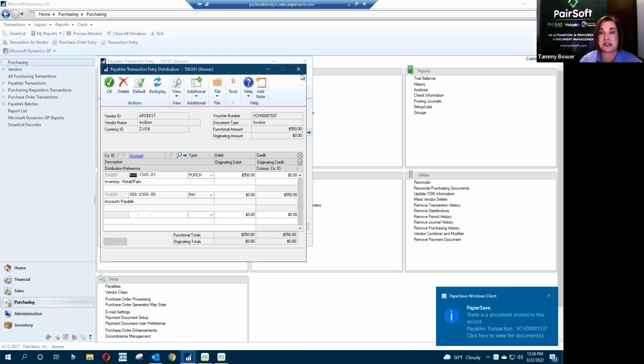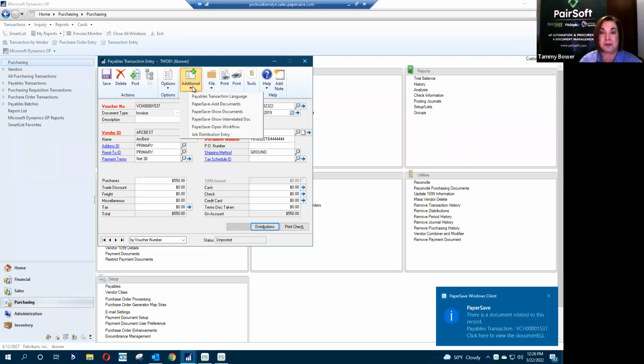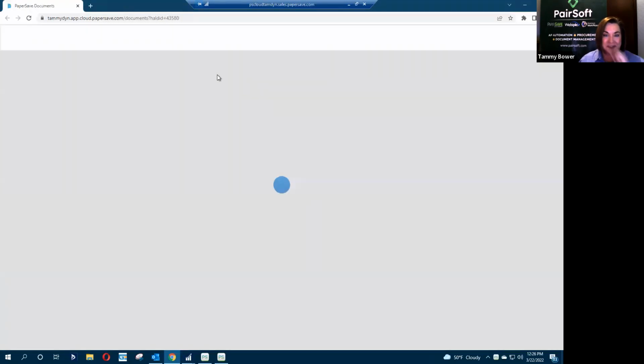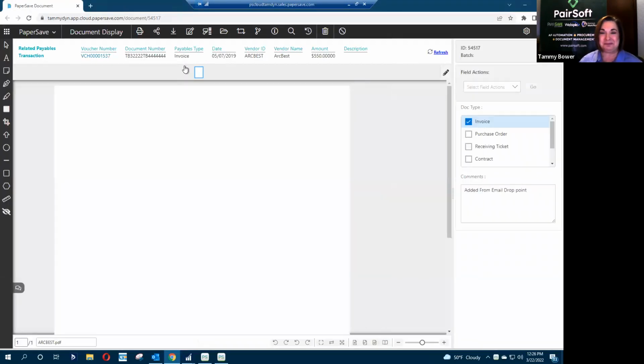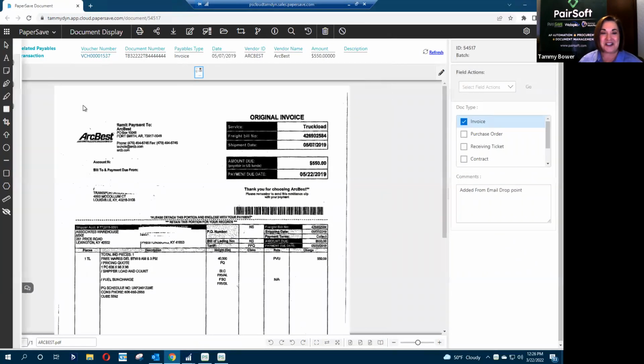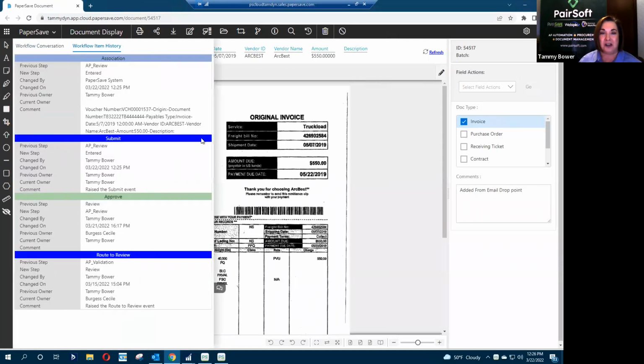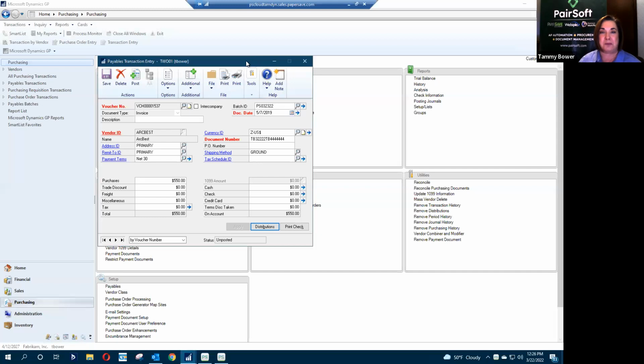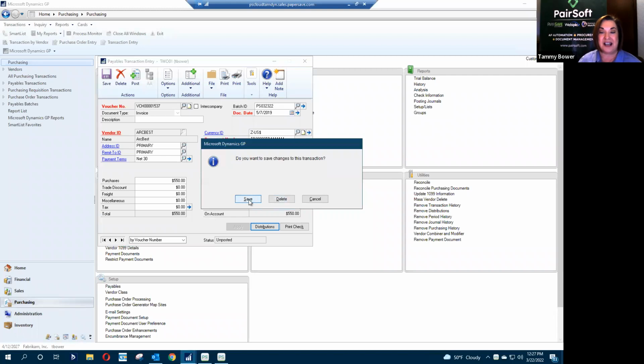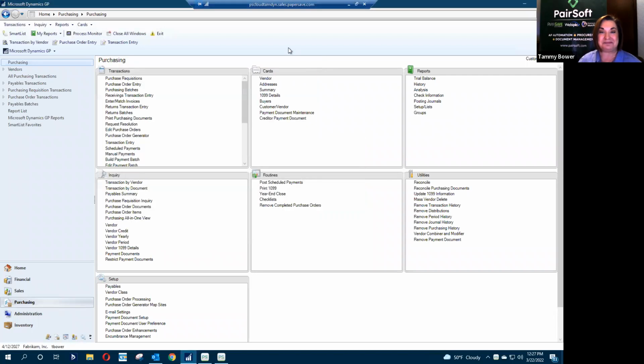Remember, if that bubble disappears, you guys all know that you can come up to additional and say show documents, right? Sorry. And it opens it up. Again, here's the completed workflow. All of this is part of that AP transaction automation, the OCR, optical character recognition, the routing through the approval process, and then the submission and the creation of the transaction inside of GP.